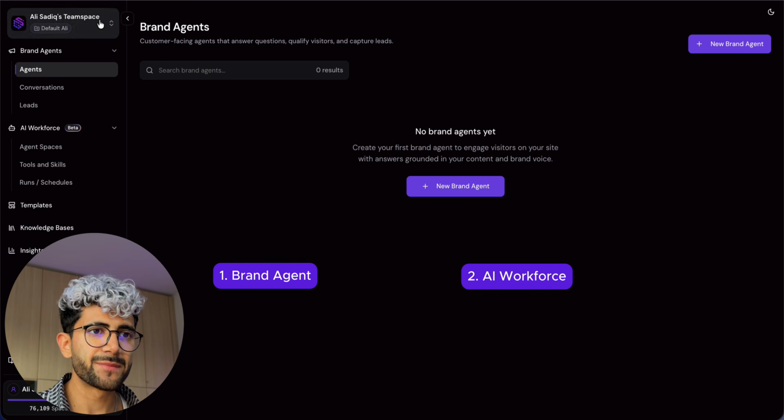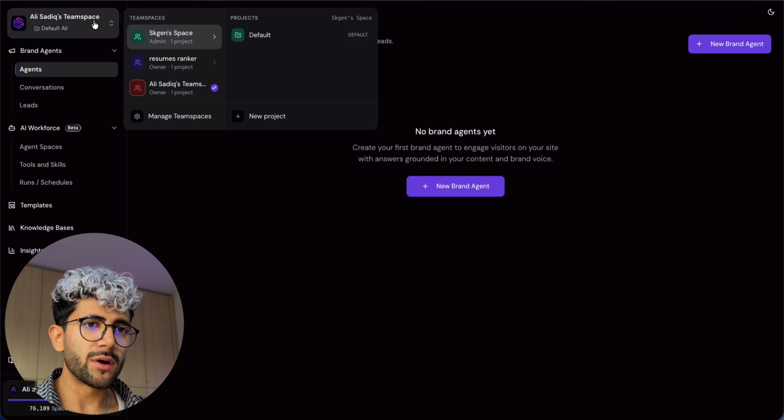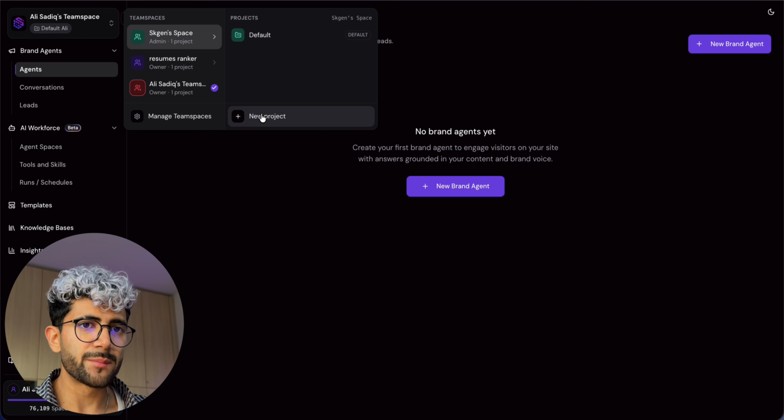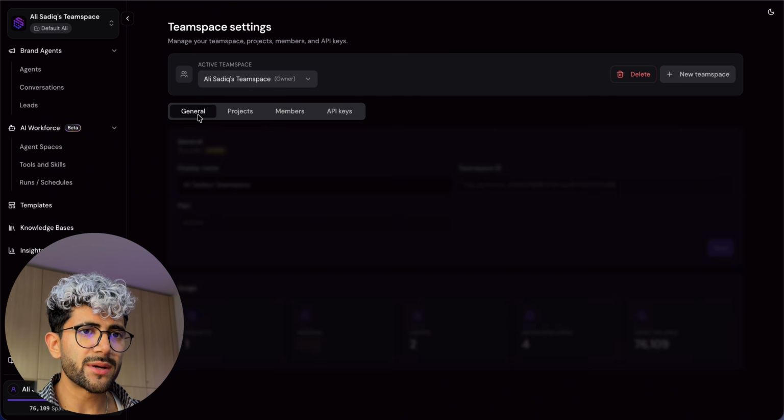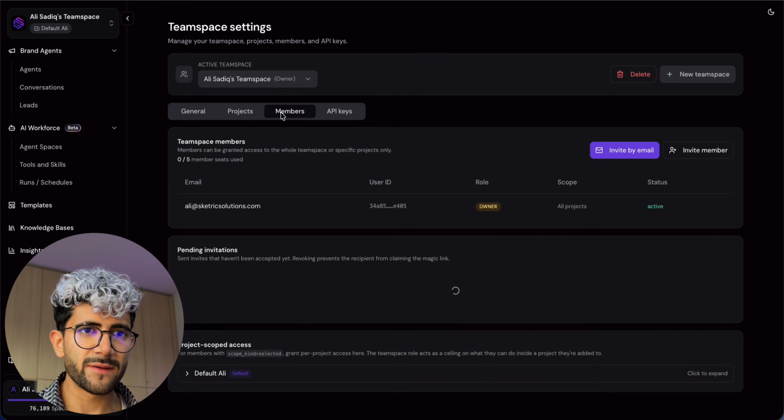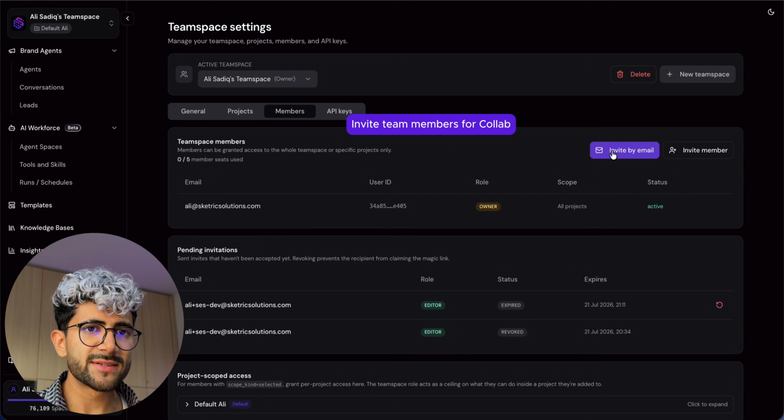So let's start. The moment you sign up, you're already in a team space with a default project. Create a separate project for each product or business you run so new agents can share project context and be more effective. You can invite teammates to the whole workspace or to a single project to build and maintain agents